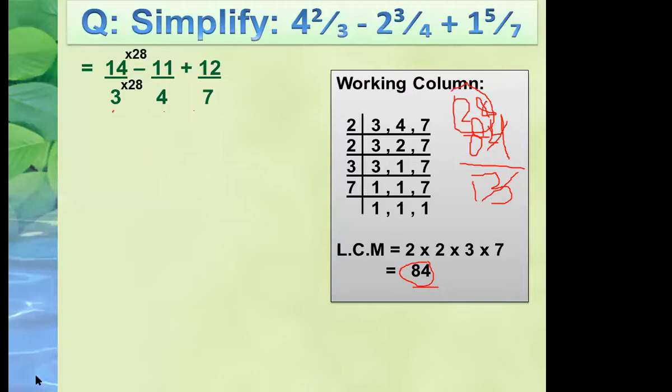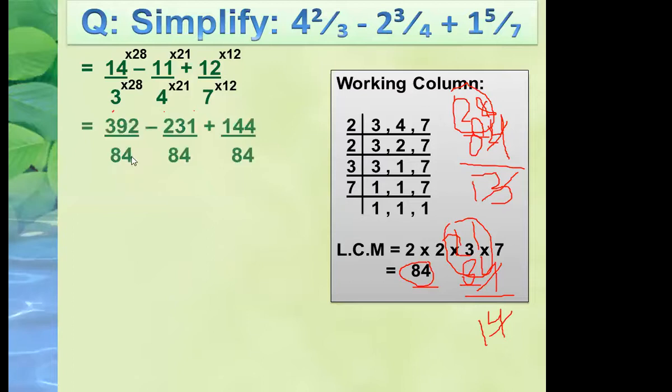Now move on to the next one, that is 4. Now here you have 84 and then you will again divide it by 4. So 4 ones are 4, 4 twos are 8, and 4 ones are 4. So you have to multiply this 4 by 21 so that your answer will be 84. Okay. Now 7 can be simply multiplied by 12 so that it will become 84. So these are the numbers that you should multiply to get your answer 84.